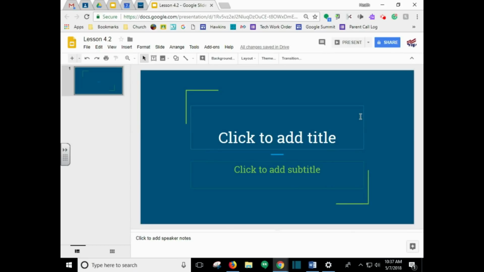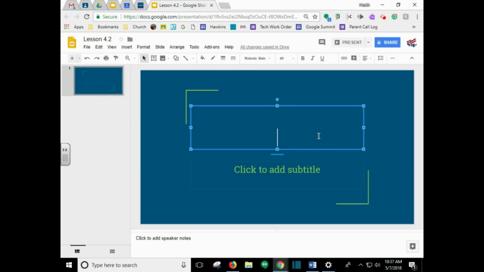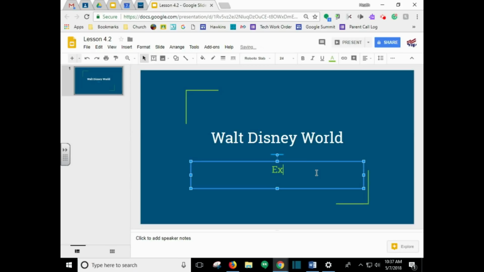And it says, in step 3, type Walt Disney World as the title. Oh, I don't know why I did not capitalize those, but I sure didn't. So I'm going to fix that. And then it says to type Exploring Orlando, Florida as the subtitle. It says to bold the subtitle. And this time it says you will not include your name